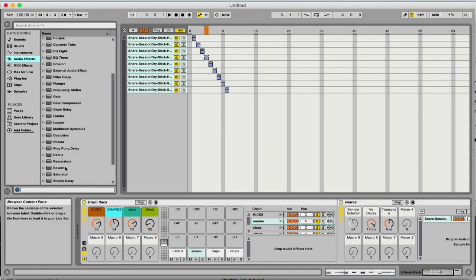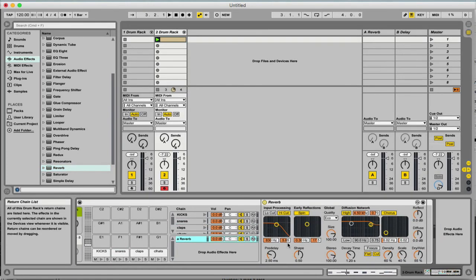To the audio effects section, we're going to drag and drop the reverb here. Double clicking on the reverb, because it's a send effect, a return effect, we want to turn the dry wet up to 100%. For drums, we want a room sound fairly small, let's say between 700 and 800 milliseconds. I'm just going to take out some of the low end of the reverb. That's fine for now. And then if we press play,